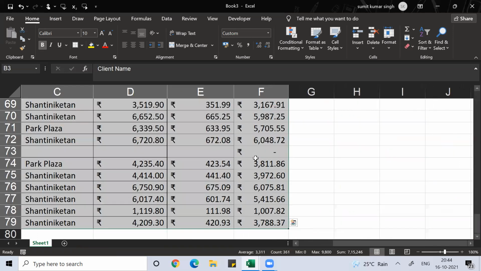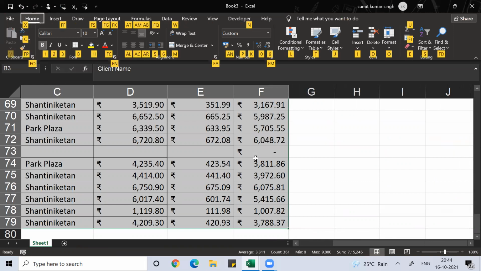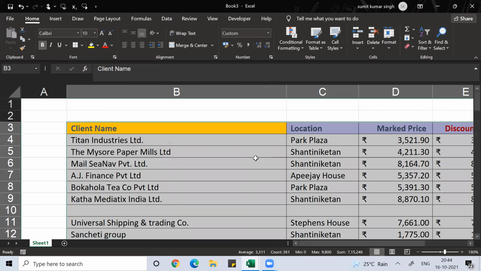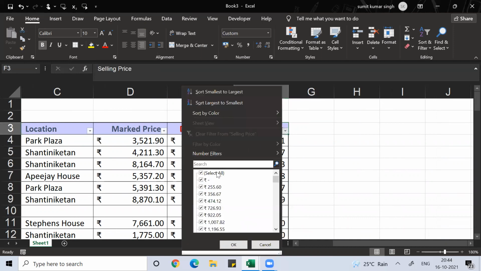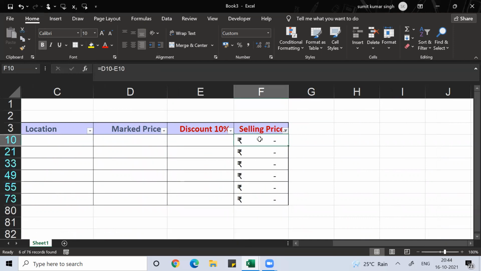Control Shift, then Alt H B A, Alt H B T. If you do that, you'll get everything. Now again put filter, Alt D F F. Now remove that dash.